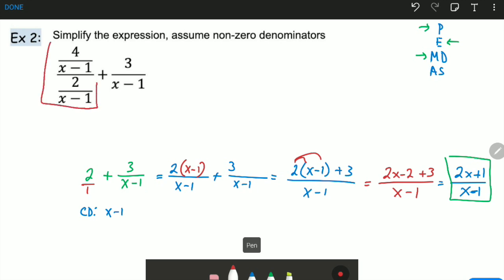But to deal with this fraction on top of a fraction, I can simply find the common denominator between these two fractions and multiply by x minus 1, which is the common denominator between the two fractions, on top and bottom of the larger fraction. By the larger fraction, I'm referring to this bar here. And what that will do is allow this x minus 1 and this x minus 1 to cancel, and this x minus 1 and this x minus 1 to cancel as well, leaving us with just 4 over 2 plus 3 over x minus 1. It's a handy trick,